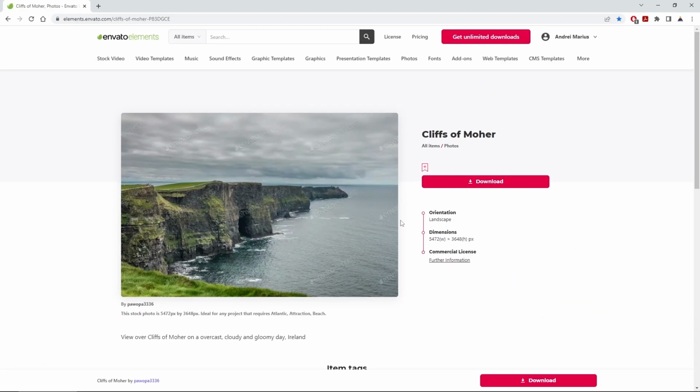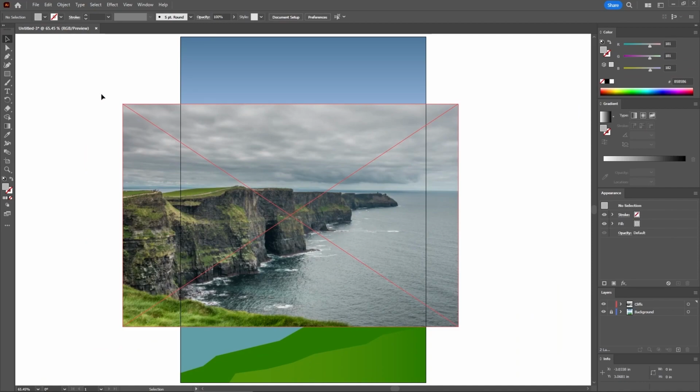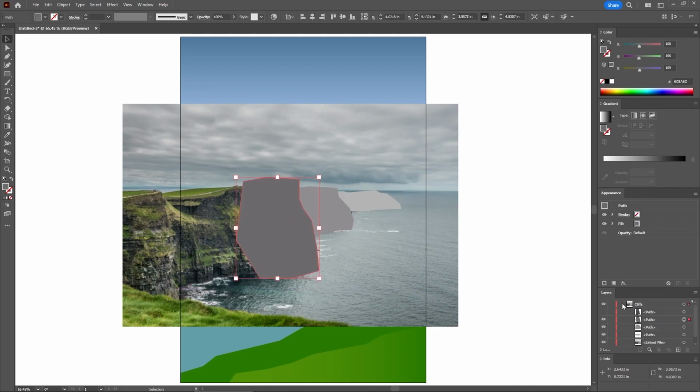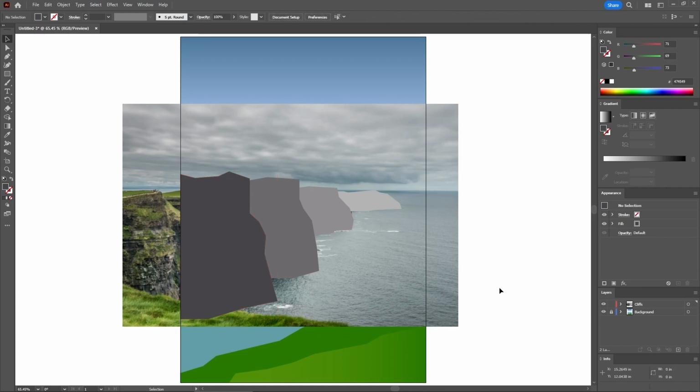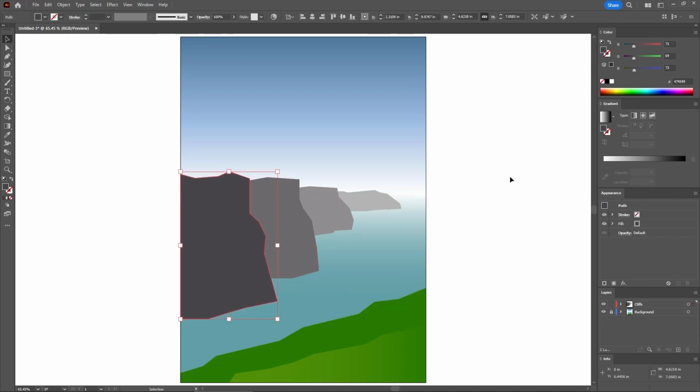This is where you'll need this photo from Envato Elements, so let's download it and add it to your design. Make sure that the pen tool is still active and use it to add 4 cliff shapes using the cliffs from this photo. Keep in mind that you do not need to follow the exact outlines of these cliffs, just use them as a rough reference. In the end, you should end up with something that's somewhat similar with this. Feel free to remove this photo, fill your cliff shapes using these colors,